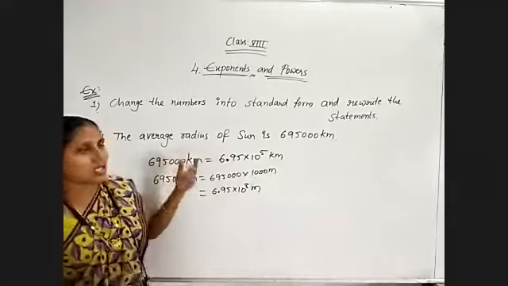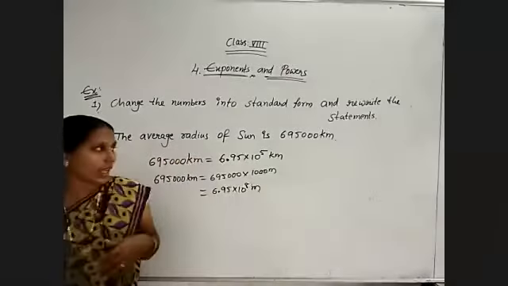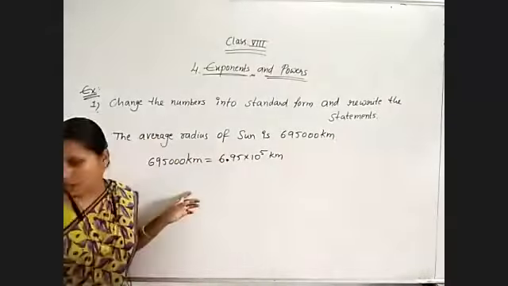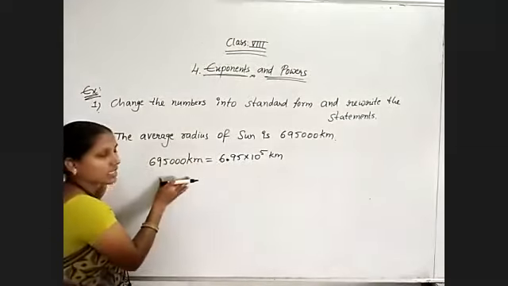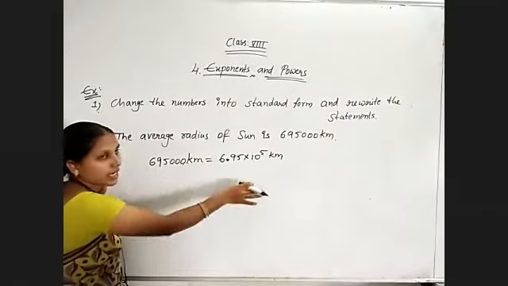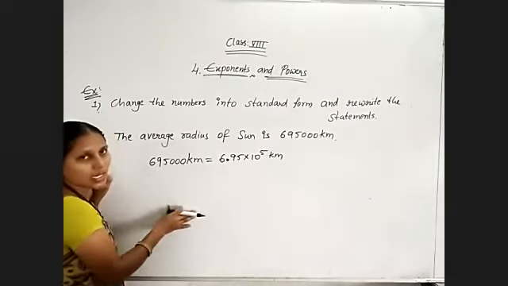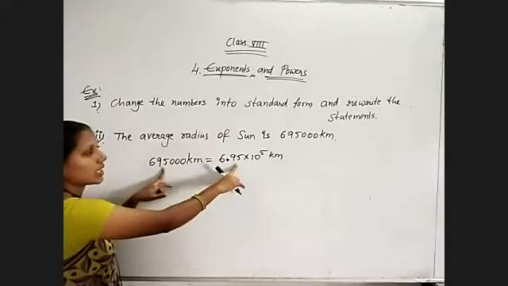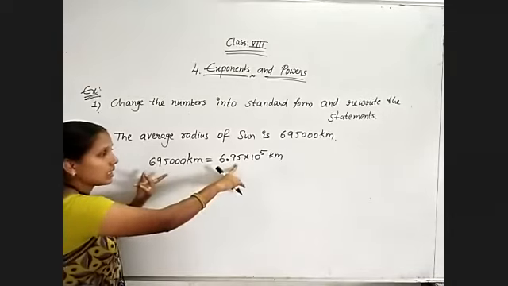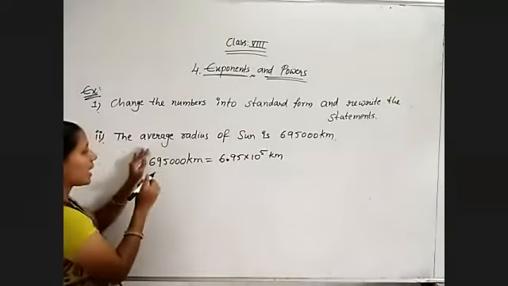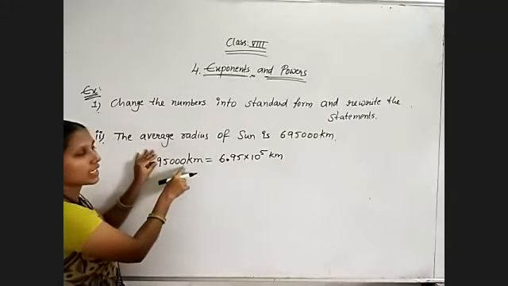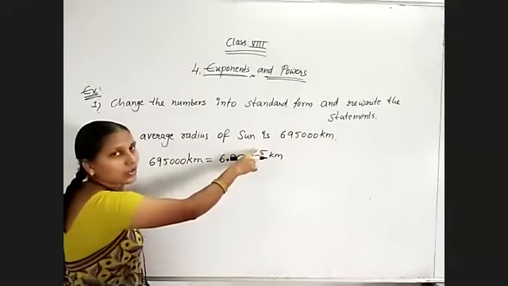So they did not ask to change the unit, right? Directly whatever they have given, that is enough. Once again, I am explaining. Observe, whatever number is given, write as it is. If they give kilometers, write kilometers. Meters given means meters only. Now, after the first digit, how many non-zero values are there? Mention them. And into 10 to the power of, except the first digit, how many digits remain? Count: 1, 2, 3, 4, 5 digits are there. That 5 we need to take as the exponent.